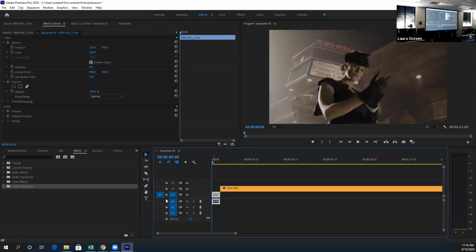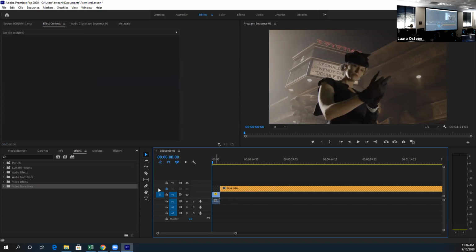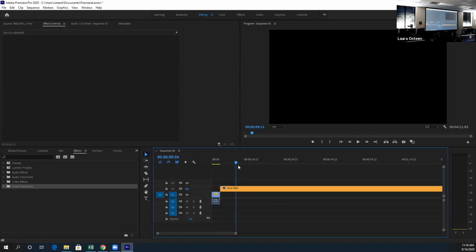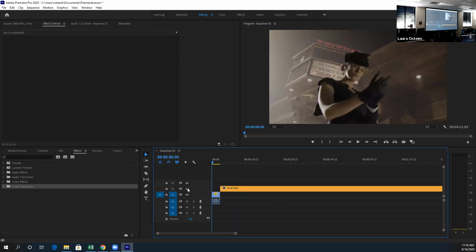If I know I need to lock one, so if I'm like, I don't want this blue video to move at all, I can lock it. Nothing I do will let me edit it. If I just don't want to view it, I can click that little eyeball and it'll turn off. So when I hit play or drag on my keyboard, nothing's there. Same thing happens with audio here. You can mute with this little M right there. So if you're like, I don't want to hear any audio on this entire track,